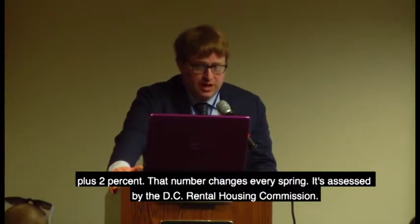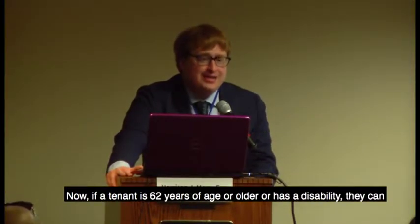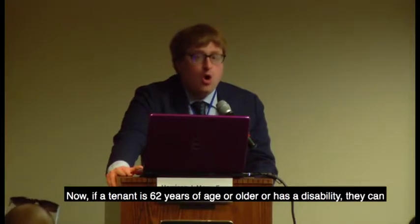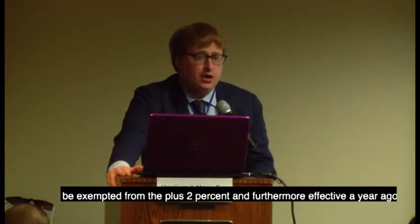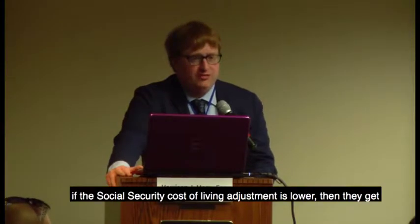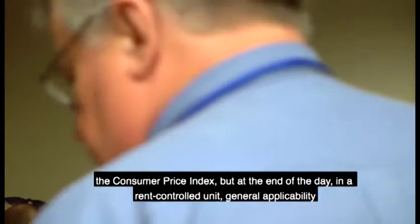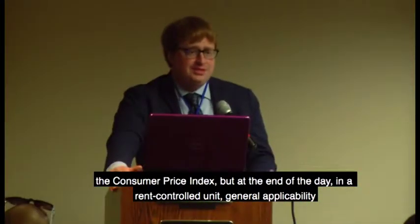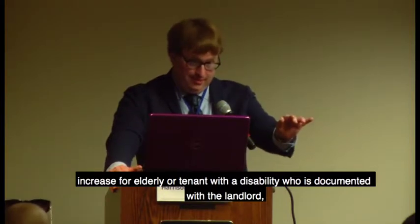That number changes every spring. It's assessed by the DC Rental Housing Commission. Now, if a tenant is 62 years of age or older or has a disability, they can be exempted from the plus 2%. And furthermore, effective a year ago, if the Social Security cost of living adjustment is lower, then they get to take the lesser of the Social Security cost of living adjustment or the consumer price index, but at the end of the day, in a rent-controlled unit, the general applicability increase for an elderly tenant or tenant with a disability who is documented with the landlord,